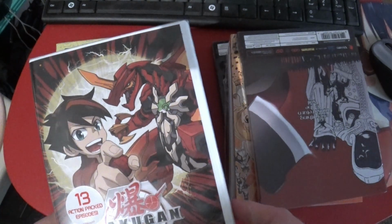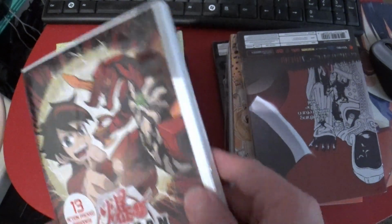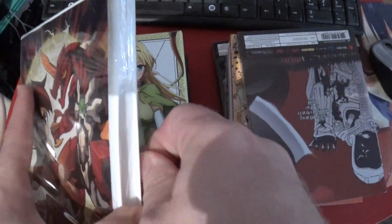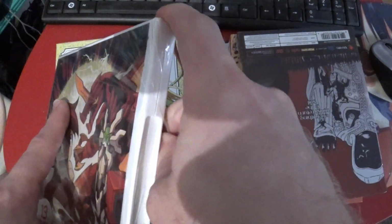That one, 13 action packs. Bakugan, Battle Planet, Origin of Species. I'm not sure that I have a very strong opinion on this. It's something that I have...